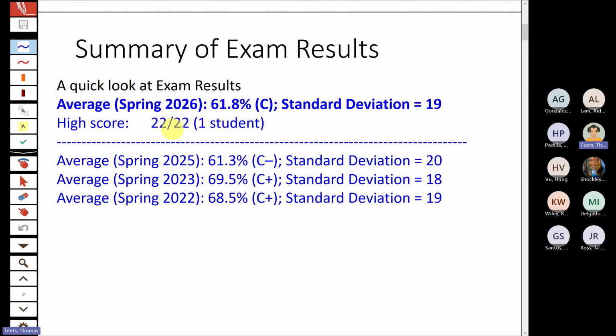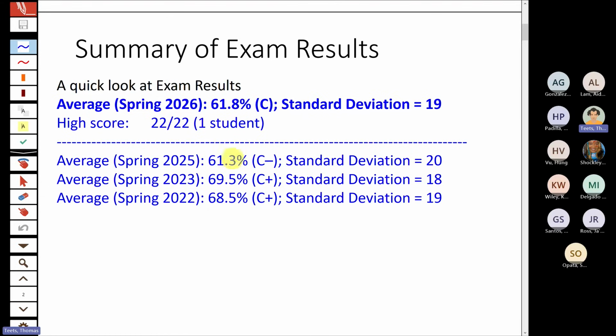And you do notice that there's a pretty big drop from, well, 2023, and then I had a gap in 2024. But between these two semesters, we did see a drop in exam averages when we switched to WebAssign. I don't know if the reasons for that are entirely clear. So these averages were from the previous exam system. This is when we switched to WebAssign, dropped a little bit. But at the same time, we made the homework count for a higher percentage of your grade, and we made the grading scale easier. So the overall grade distributions in terms of how your final grade looks out are, if anything, more favorable than they used to be. So don't really worry about that comparison too much.